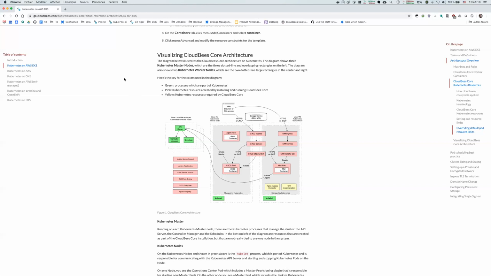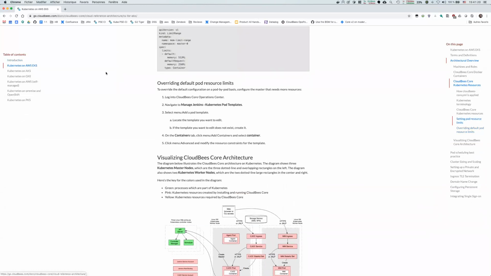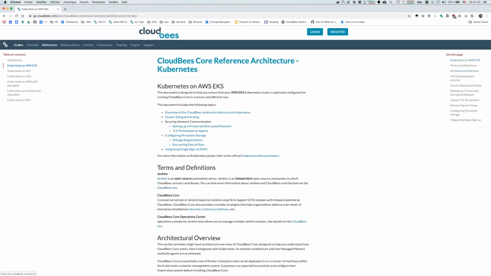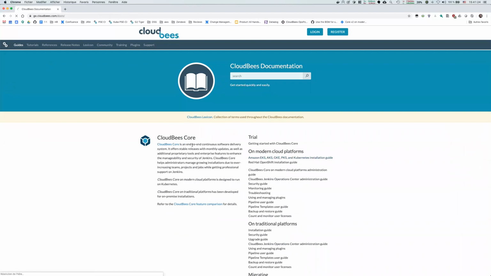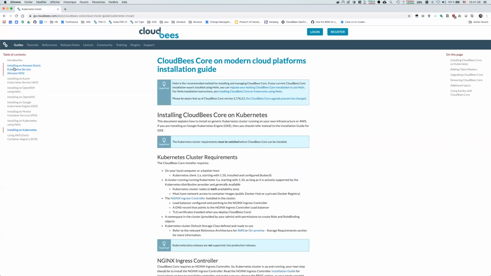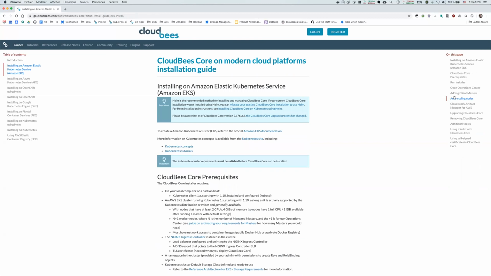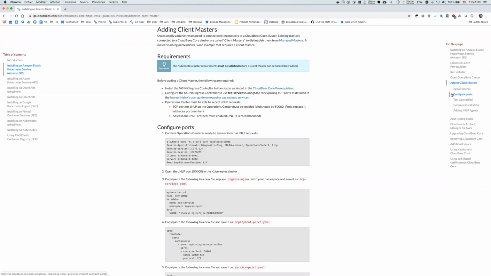So usually, if I come back to the installation guide of a product, I go through, for instance, the one for EKS. So there is a documentation for adding client masters. This is typically to open the hole to access CJOC, but basically the same procedure applies for any master that has to be opened externally.